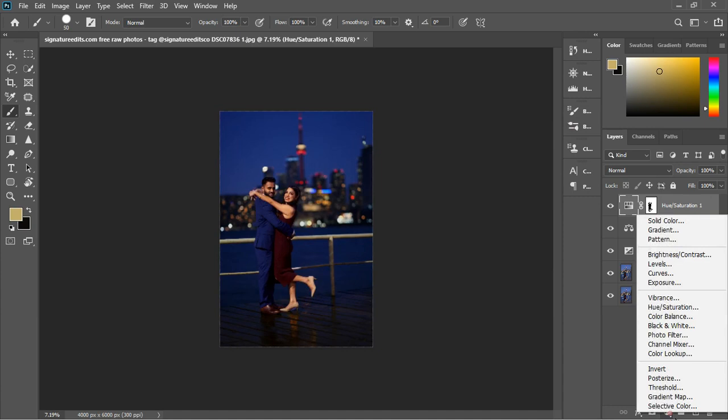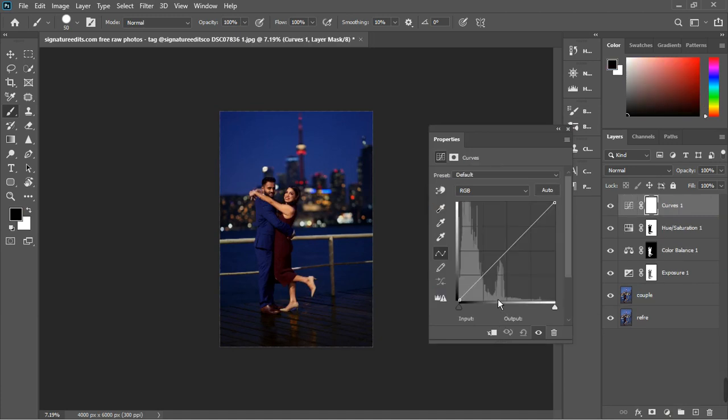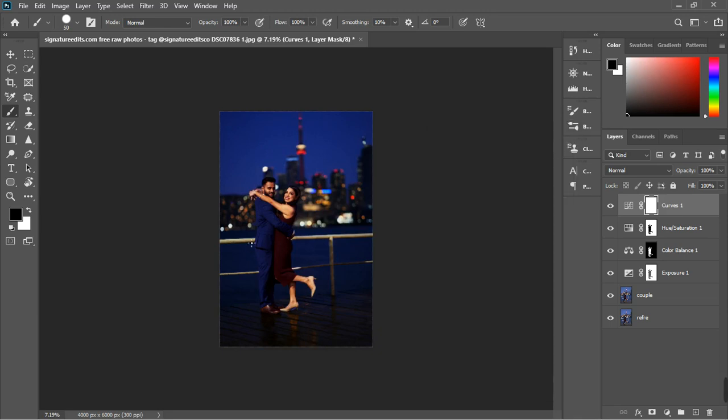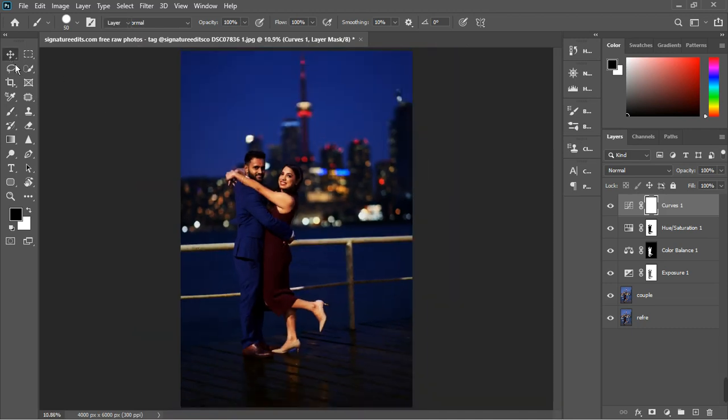Let's continue. What we need to introduce again is the curve. Let's see the curve to create contrast. So we have the darker part there. Bringing the image, this kind of, what is it called? The X curve, which is contrast. Yeah, contrast. So this is actually too much right now. Let's decrease the opacity or the fill to somewhere around